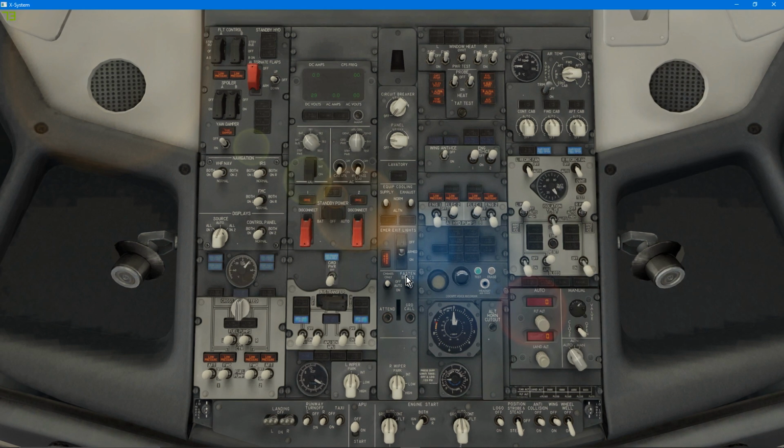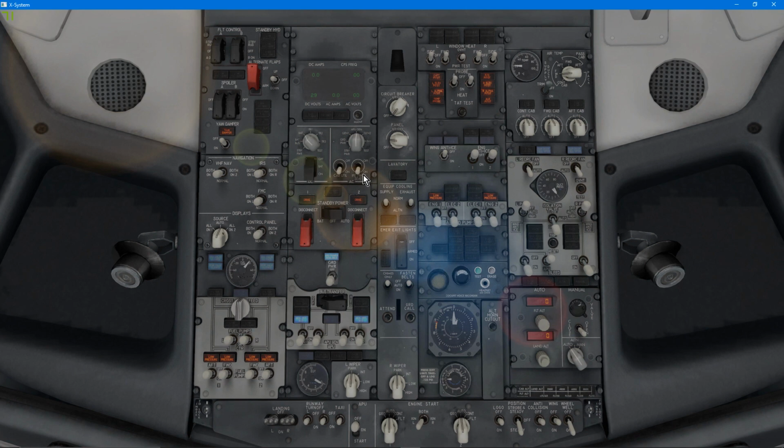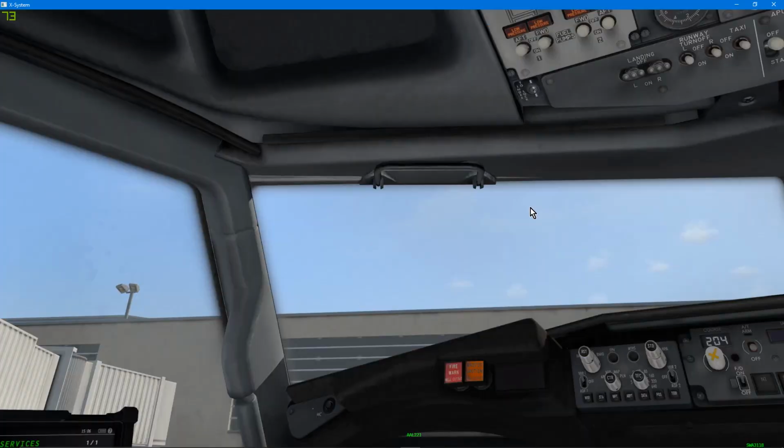Alright, so now we can do emergency lights. We can turn on our hydraulic pumps, set our parking brake, cabin utility power is on, IFE passenger seat power is on, position lights go to steady, which already are, wheel well and logo lights, if it's dark we turn them on. Right now we don't need them. Seatbelt signs are off. Yep. Trim air switch is on, isolation valve is open, circulation fans are on auto, and air conditioning packs can go to auto. So now we'll go ahead and do our